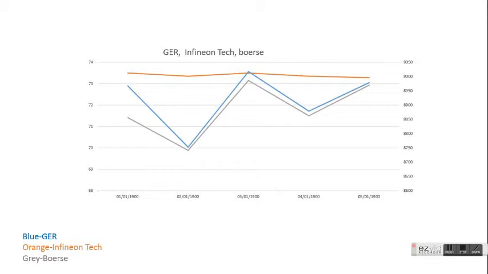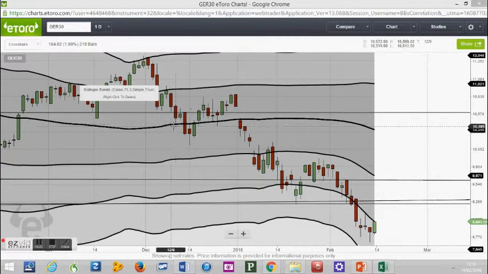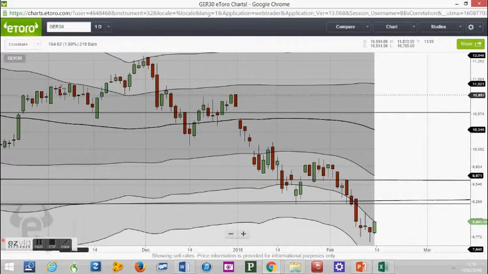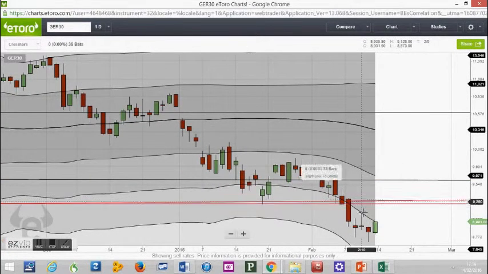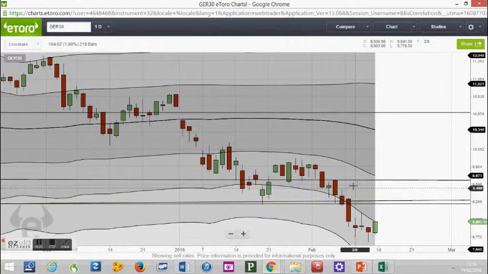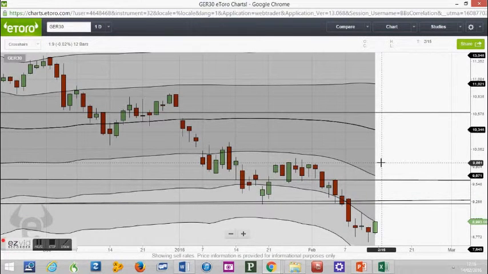Well, let's take a look at the charts. So we're going to kick off with the DAX, see the banking stocks. Daily, Monday, look at this, Monday, big down. Why? Well, we still fear about Deutsche Bank. We can't get Deutsche Bank on the old eToro, unfortunately, or the new eToro even.